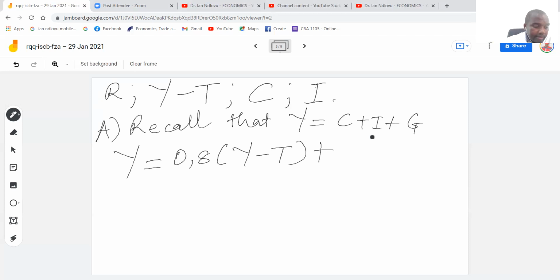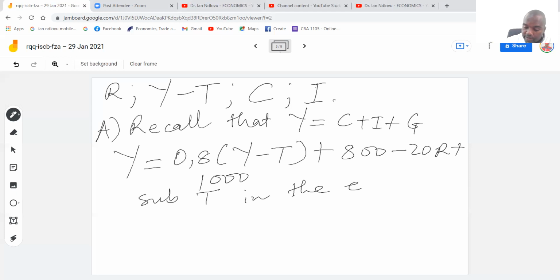Our I is 800 minus 20R, plus our G, it is 1000. And then we substitute T, which we are given in the equation above, and we